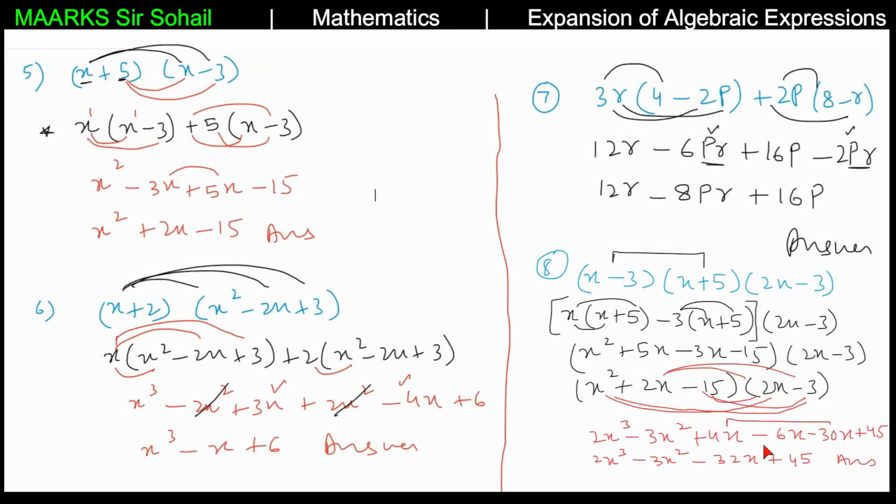If you have any problem, I'll show you this particular simplification separately so you understand it clearly. 4x minus 6x minus 30x. Now 4x minus 6x gives us minus 2x and minus 30x. So now if we simplify it, minus and minus is plus, but the sign will be minus, so 32x. So see, this is how we got this 32. So this is how we can simplify any brackets, multiply 2 brackets, 3 brackets.